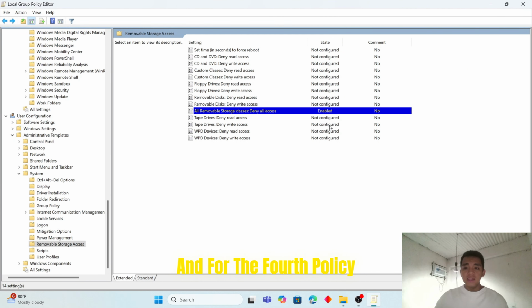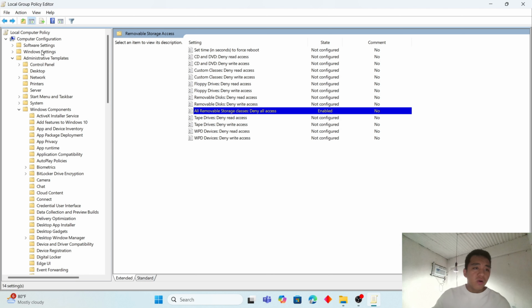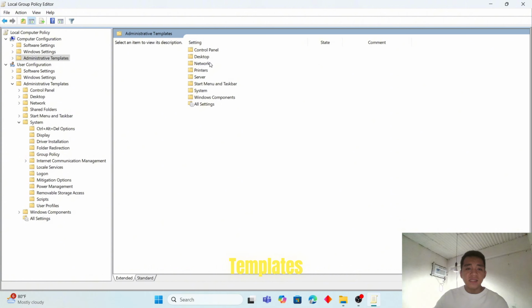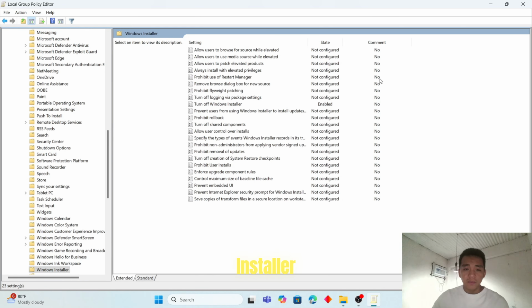For the fourth policy, we're going to prohibit installing unwanted software on our computers. To do that, we need to go to Computer Configuration, Administrative Templates, then Windows Components and Windows Installer.